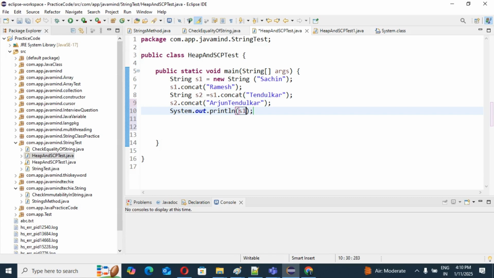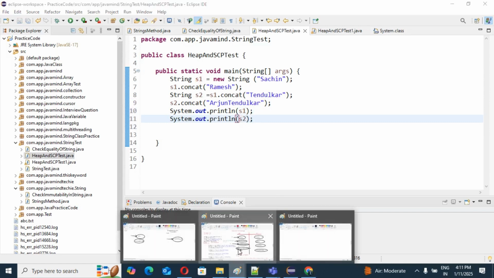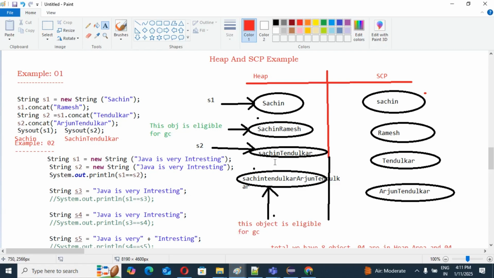I want to see the result of what s1 is holding, and the same I want to print for s2 as well. So what will s2 be?